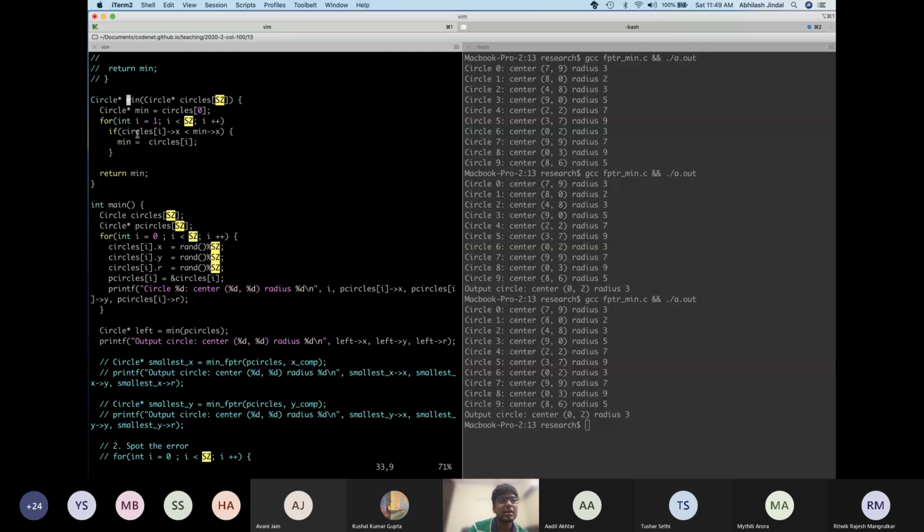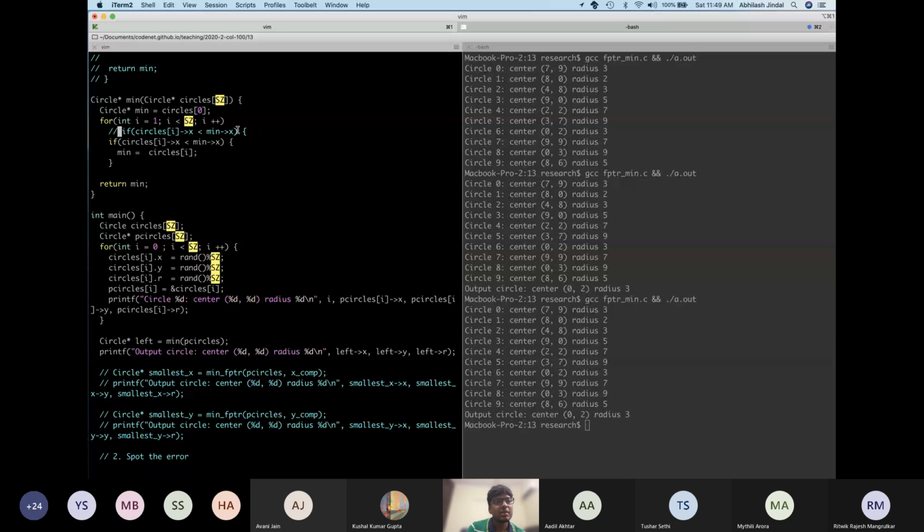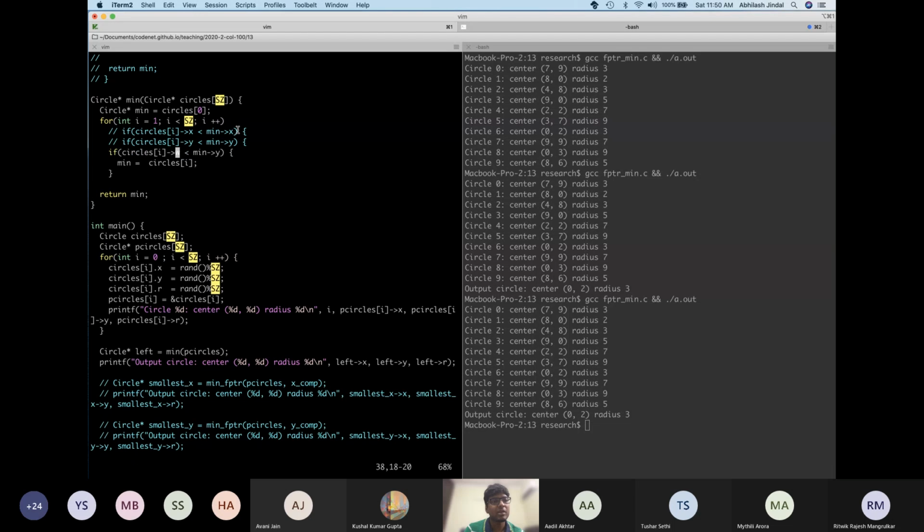Just this condition will change, right? So instead of this condition, we'll have to look at y coordinate, right? And then let's say we want to find the smallest circle. So again, the entire code is the same. We'll just have to change this condition to use the radius,